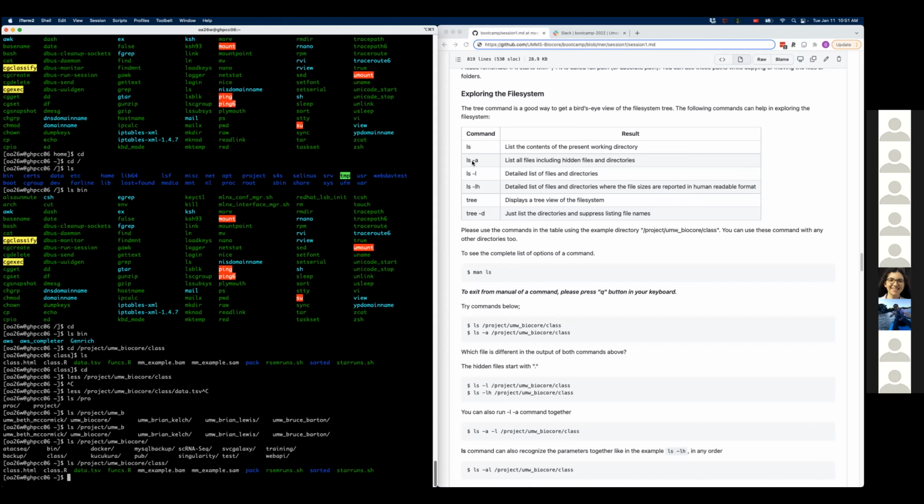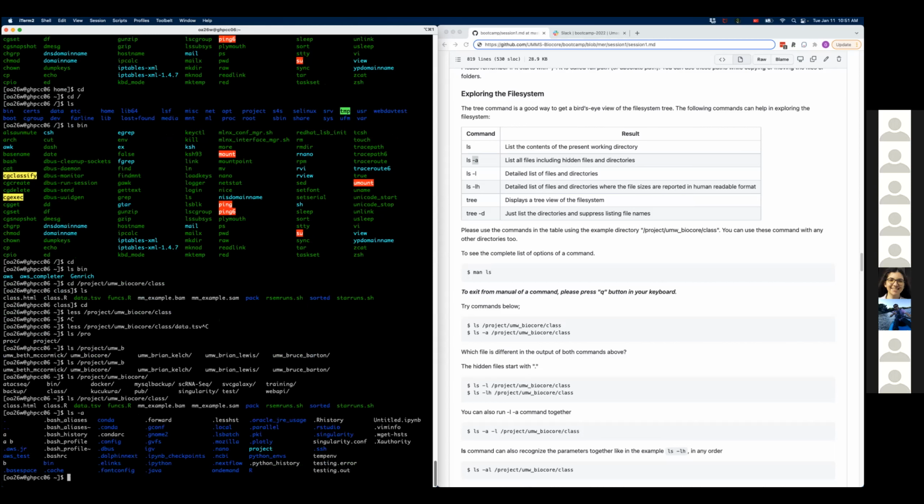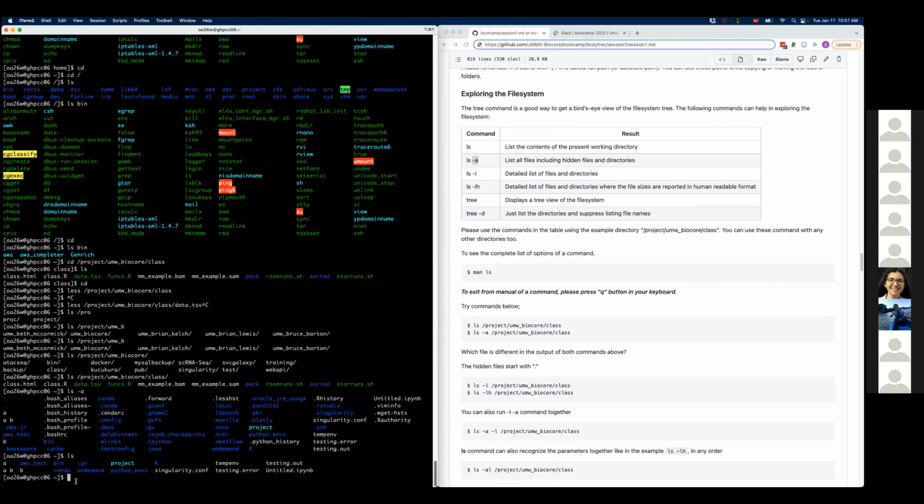So for example, for ls, if we do ls -a, again without forgetting the space between, it uses the -a option for the ls command, which means show all. It's different from regular ls without the A option.